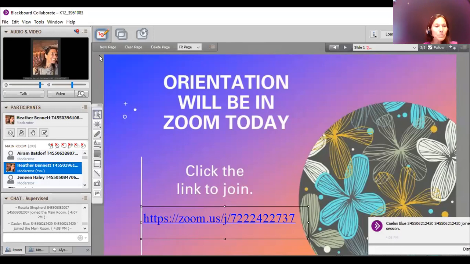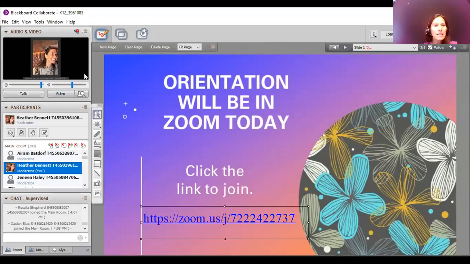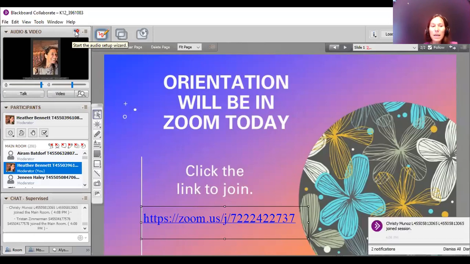So let's look at this top box that says audio and video. On there is where you can talk into the microphone, you can be on webcam. So that's all in this top box. At the very top, you see a little microphone with that little red toggle right there. That is your audio setup, and it's super important that every time you are in a Blackboard class, you set that up. I always do, even if I don't think that I need to. I always do just to make sure that my headset is working correctly, that I can talk into the microphone, just to make sure that everything is good to go so that you don't have any delays in class.